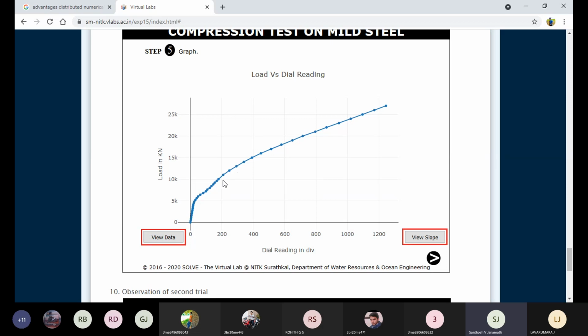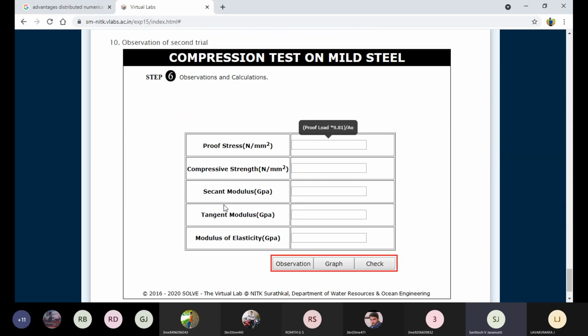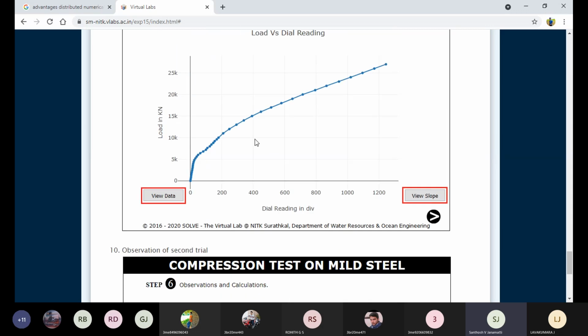If this curve increases, then for a brittle material the secant and tangent modulus are not required. Some non-porous materials and plastic materials will give a curved structure, not a straight line like this. They will give more curve than this. Here the curve is slight, so this is a hard or strong material. If it is a plastic material or some other non-porous material, they will give a curve, a total round semi-circular structure.